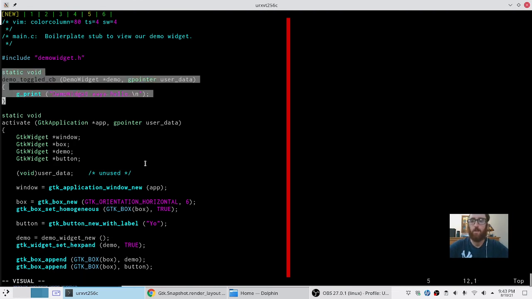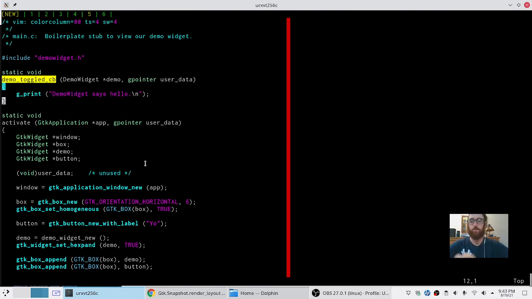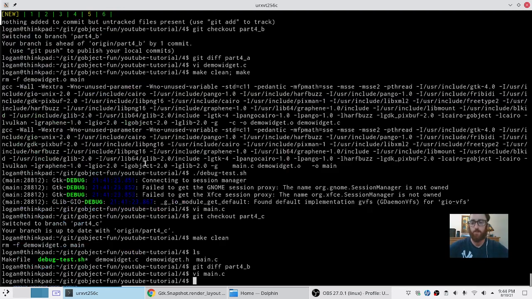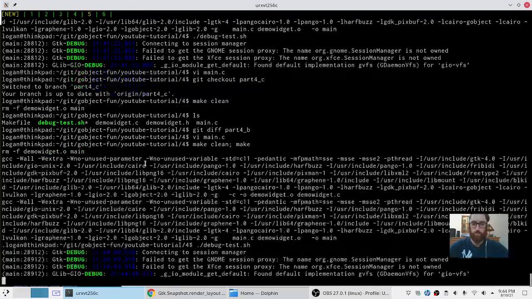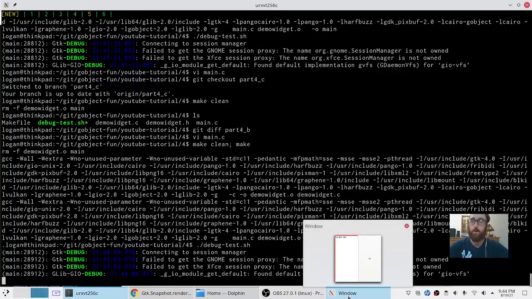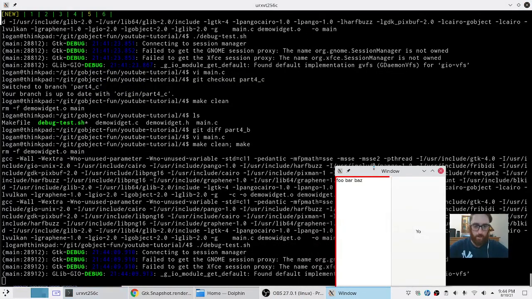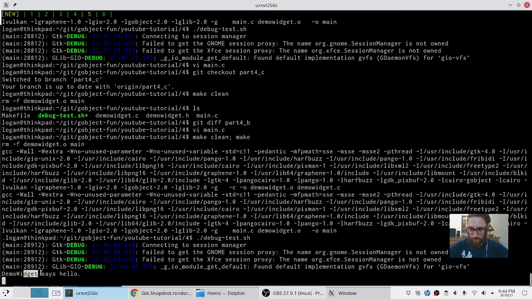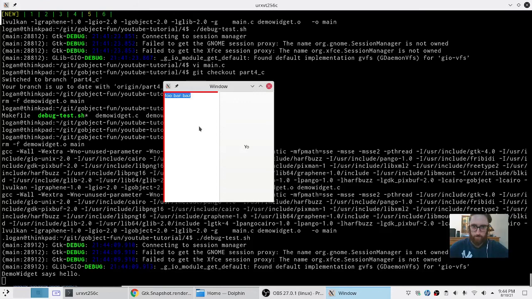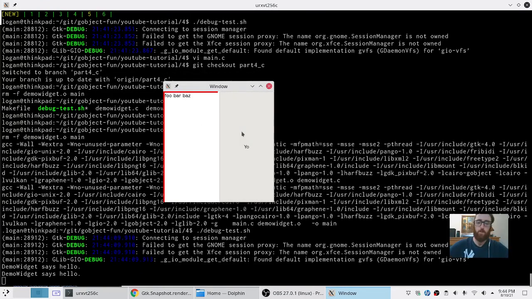And now we've got our demo widget says hello happening again. So it's still kind of a dummy function just to test to make sure it's working. But let's just go ahead and take a look at that to make sure. Make clean, make. Let's run debug test.sh again. Okay, we've got everything here. We click here, works. It says demo widget says hello here like we expected. And if we can click the yo as well,